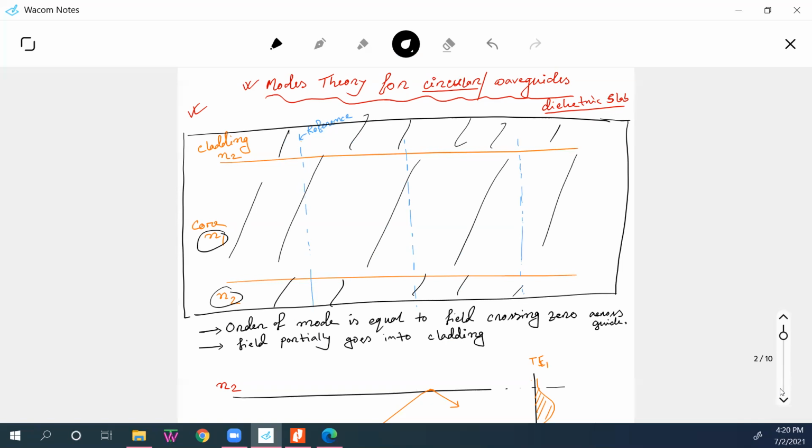This test case is actually the same as the ideal optical fiber. If I slice an optical fiber, or if you look at the cross section of an optical fiber, you will see the same phenomenon, right? So that's why our dielectric slab will work as a cross-section view of an optical fiber.